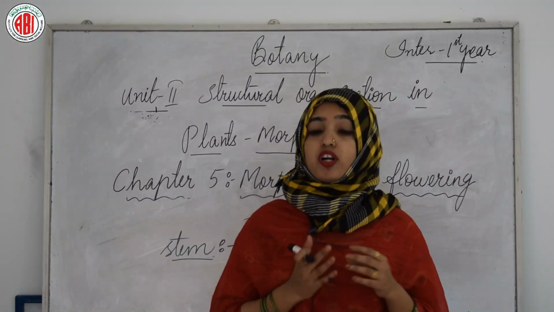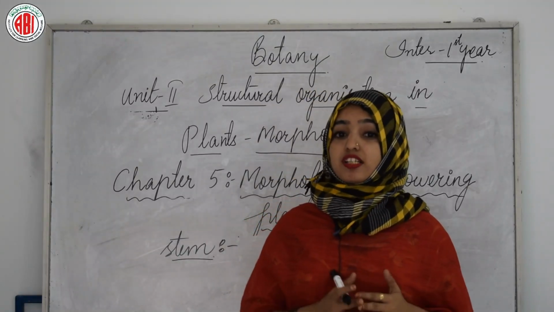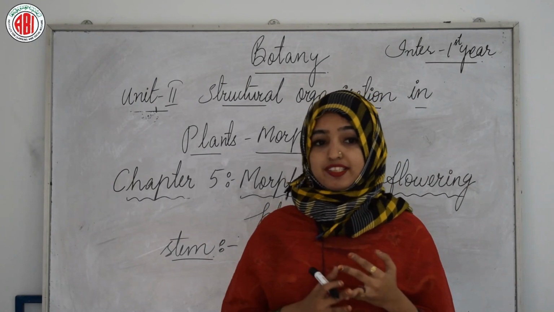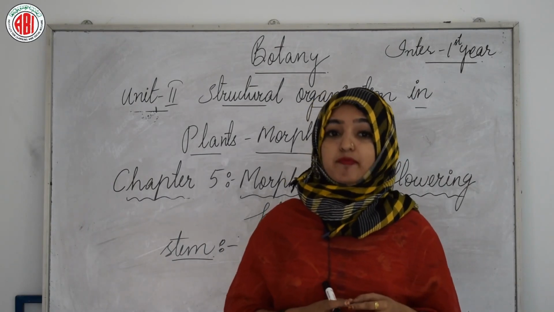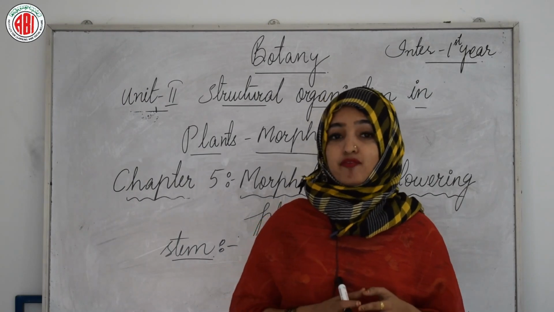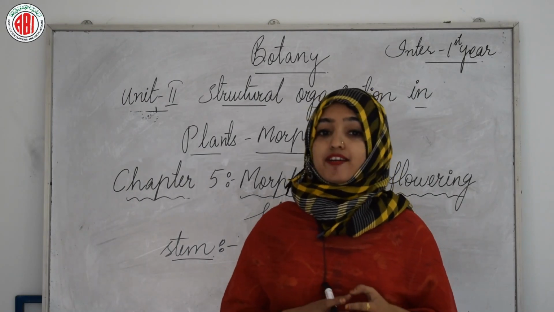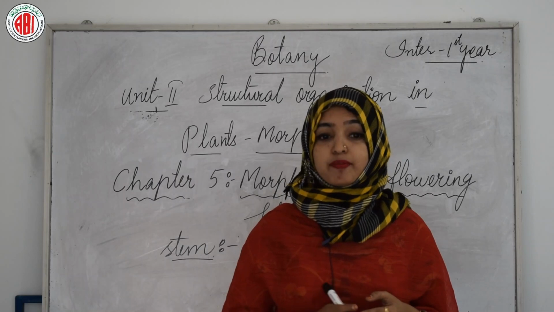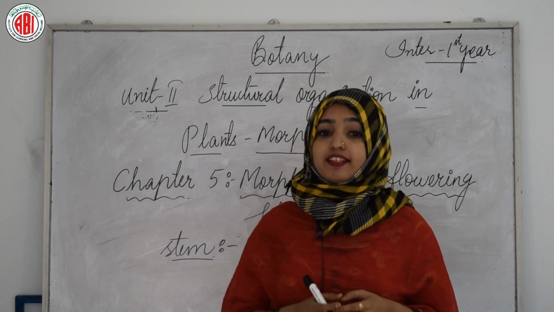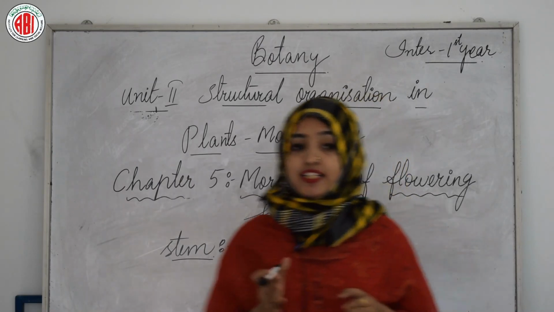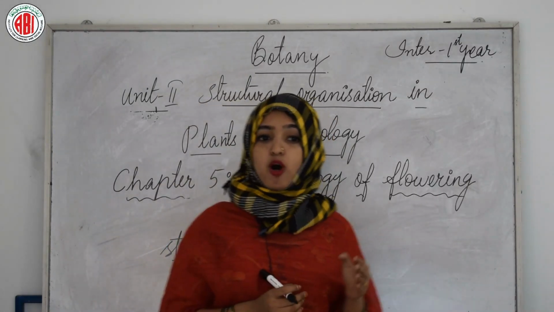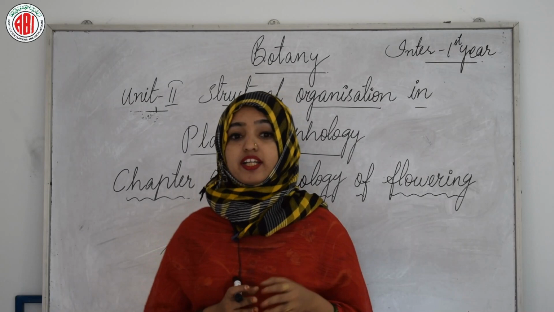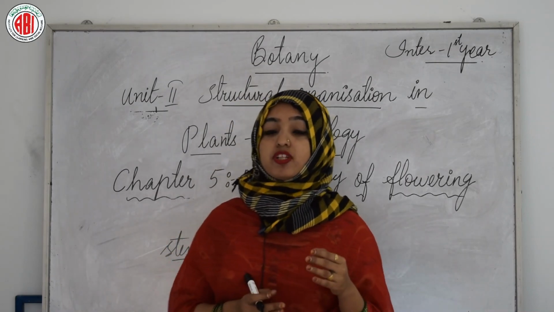So now what are the features that distinguish a stem from a root? What is the main difference actually? The stem is the ascending part of the axis bearing branches, leaves, flowers and fruits. We all know this, and it develops from the plumule of the embryo of the germinating seed. The stem bears nodes and internodes. The region of the stem where leaves are borne is called nodes, while internodes are the portions between two nodes.